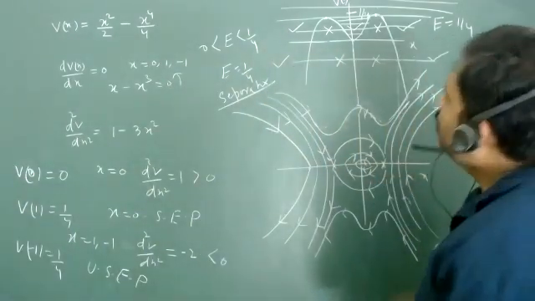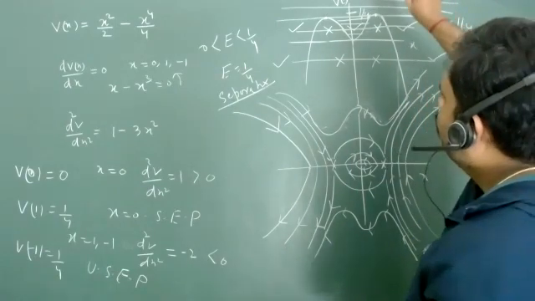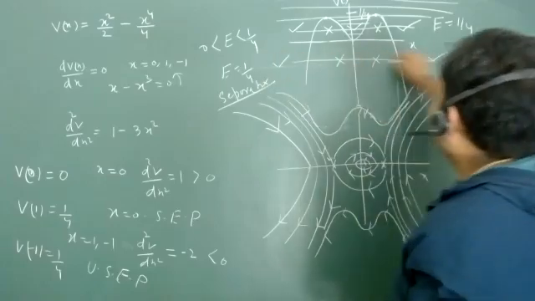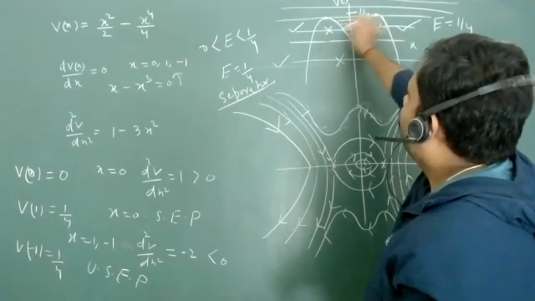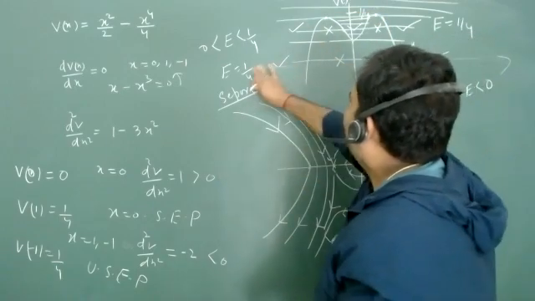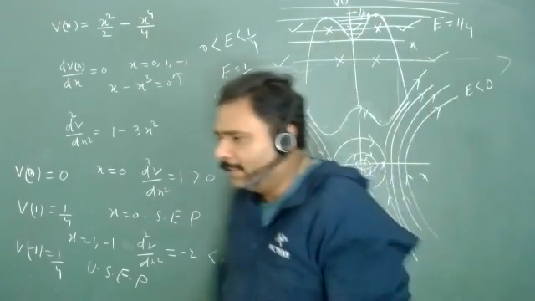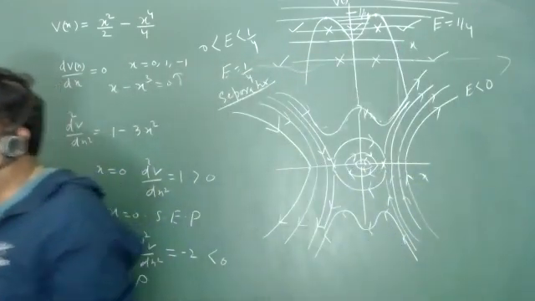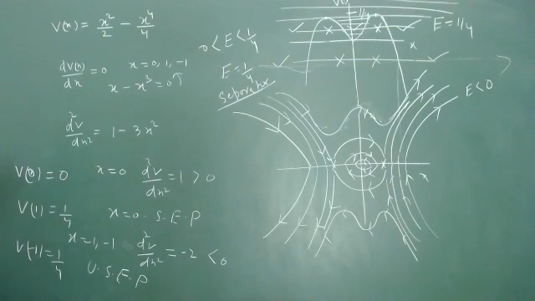What will happen when energy is very high, more than 1/4? The energy curve will be almost a straight line, because the values of these two terms are not so significant. It will just come something like this and go like this, isn't it? A little bit of perturbation is there. So this is one of the very wonderful potentials from your exam point of view.